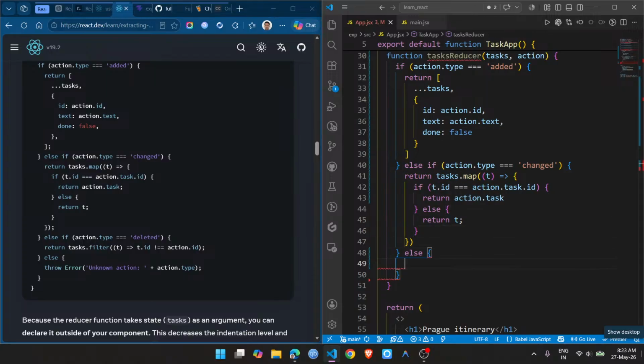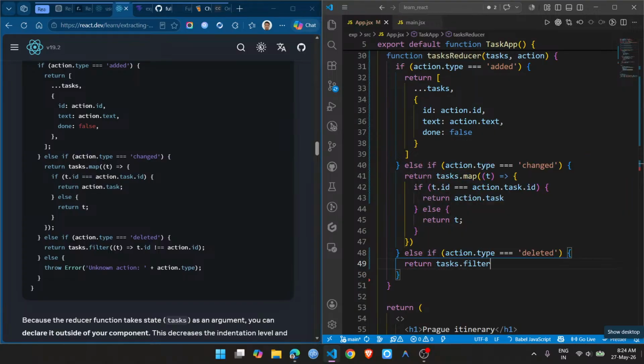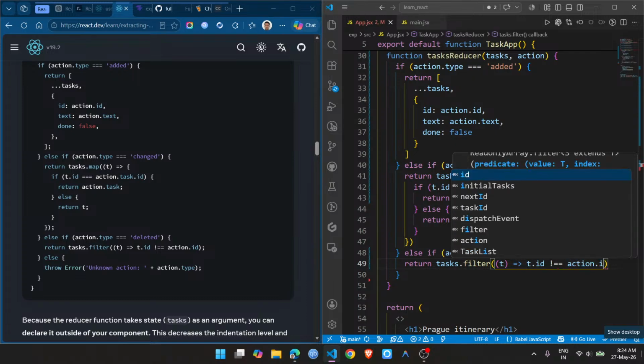And in else, again, say action.type is equal to deleted. Then what I would like to do is return tasks.filter, t.id not equal to action.id,